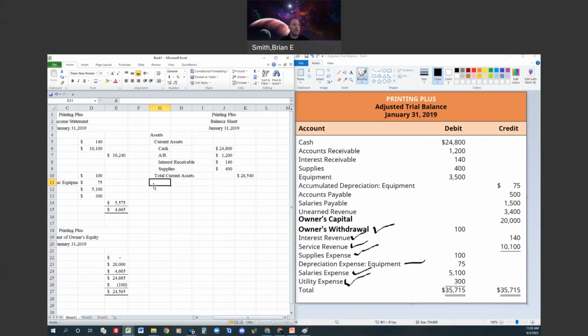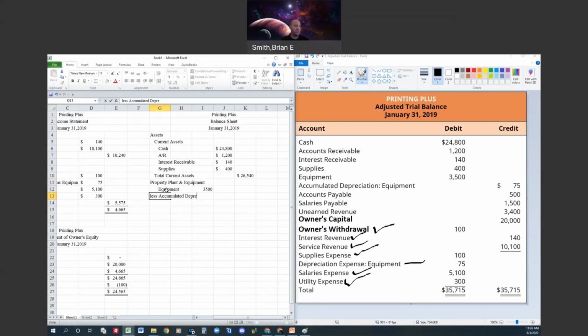So we're going to come over here, and we have equipment. So we're going to go property, plant, and equipment. And we're going to not want that indented. I don't know why it does that. And then we're going to list equipment. And we want this at book value. So we're going to show the total cost of it. And then we're going to show less